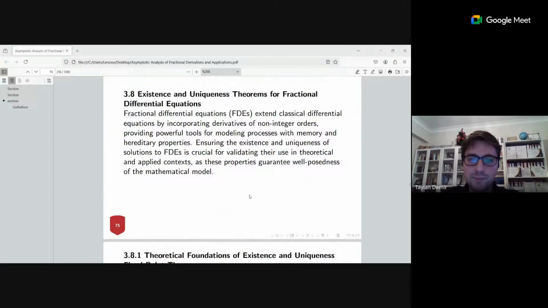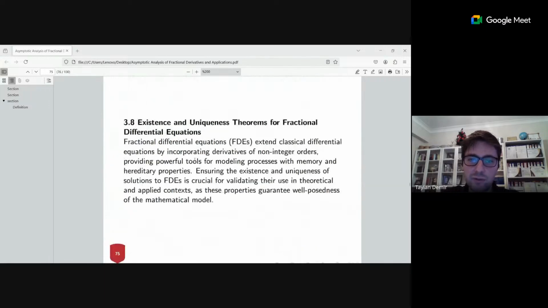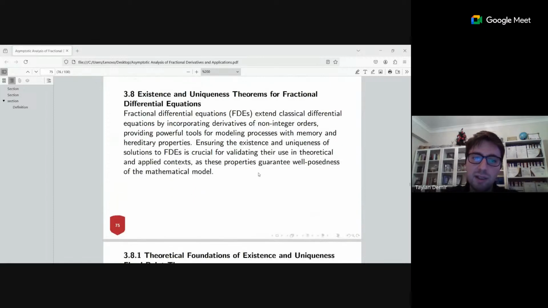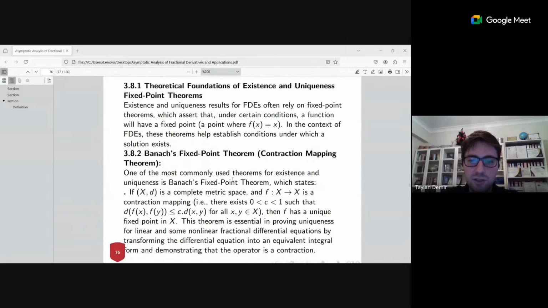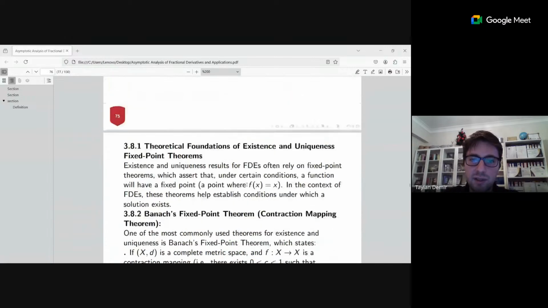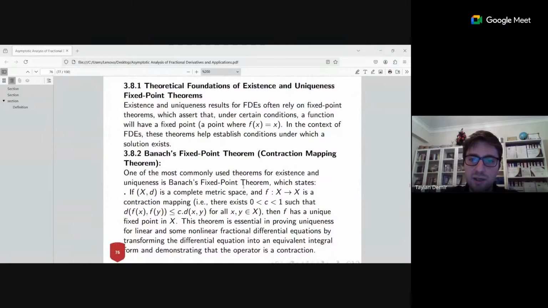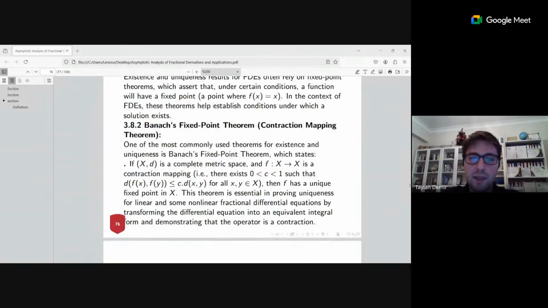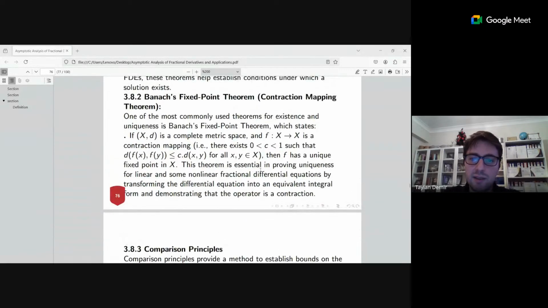And this part is about the existence and uniqueness theorems for fractional differential equations. I gave these theorems in the previous chapter, before the previous simulation. But these theorems are very important for fixed points, for example, f of x equal x in fractional differential equations. And the Banach fixed point theorem is used to